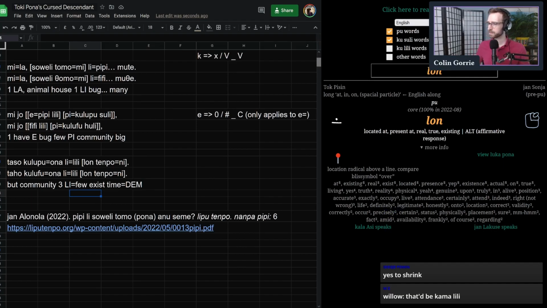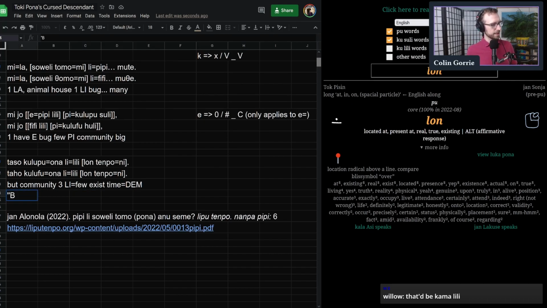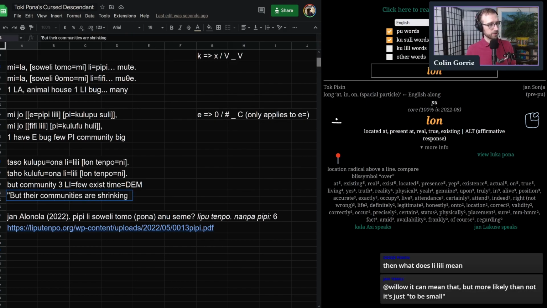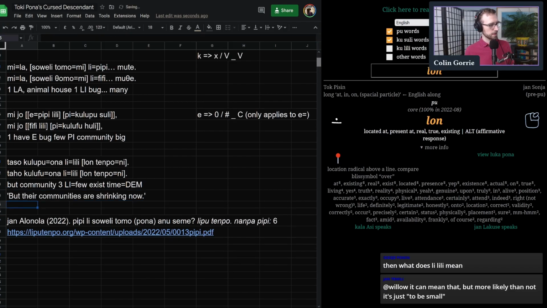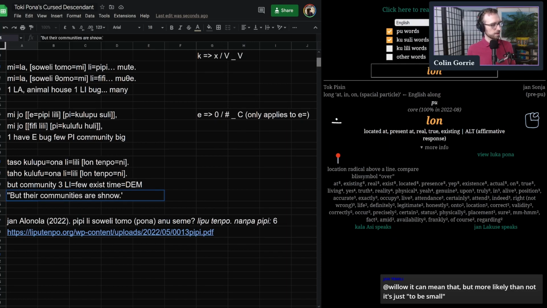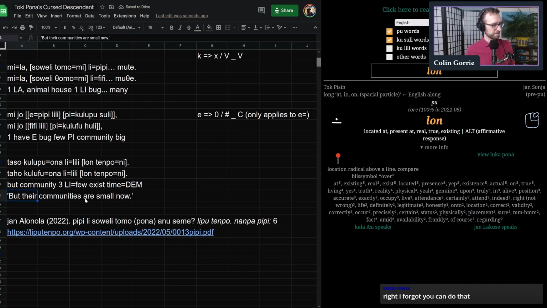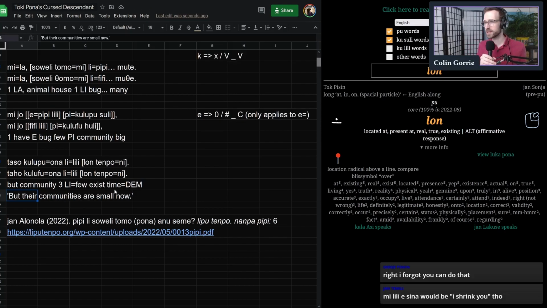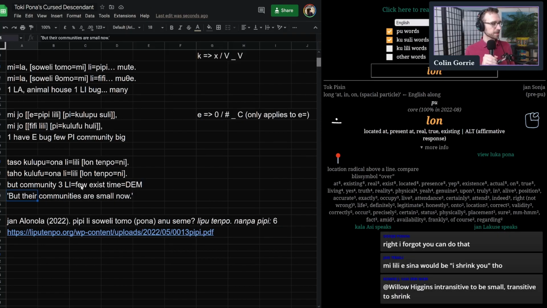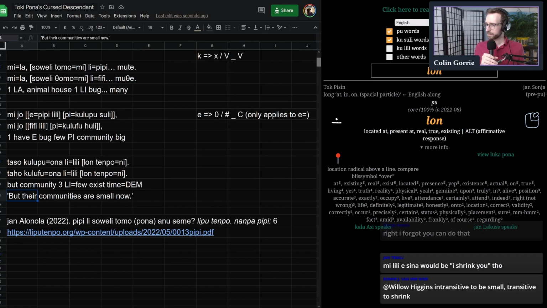Okay. To shrink. Oh, interesting. So as the translation, but their communities are shrinking now. Maybe that would be a decent translation. Or are small now, or few. Obviously, the usual problems of translating into English are apparent. Okay. So,